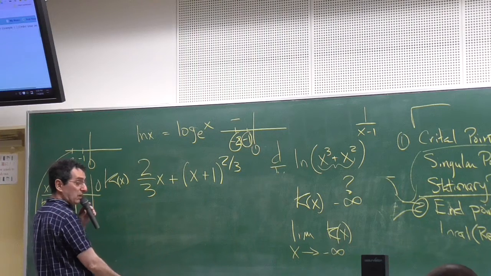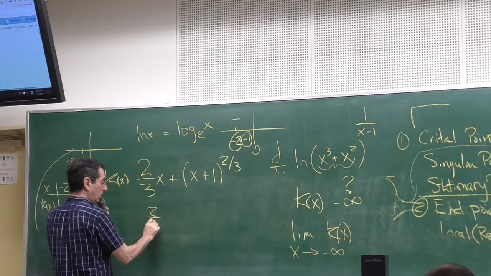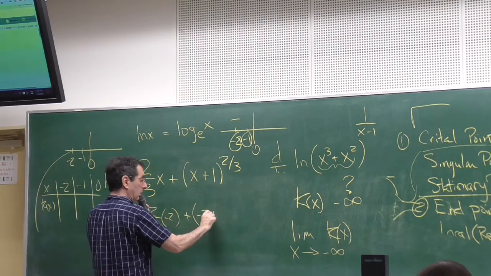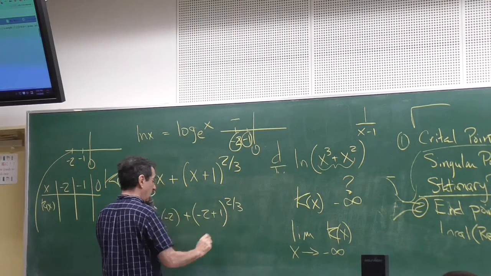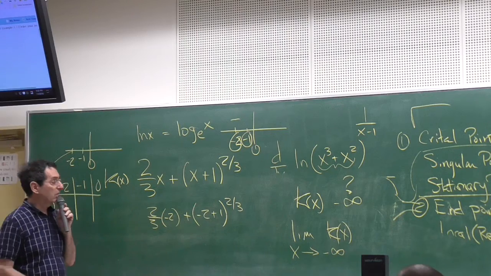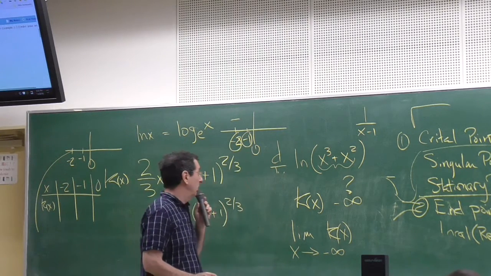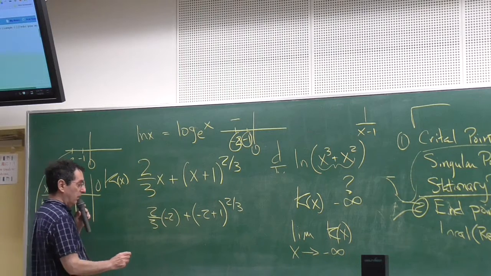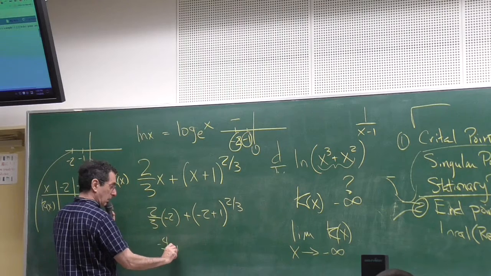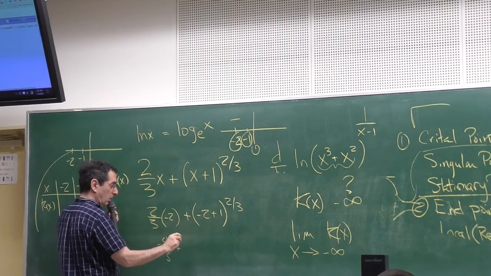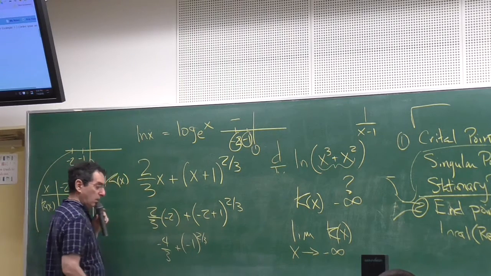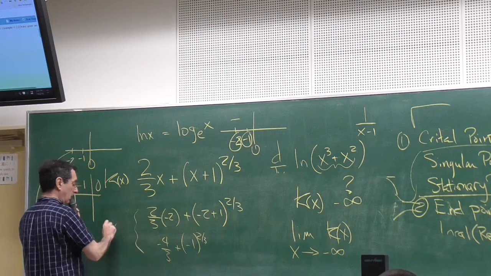When x is -2, what do you get? 2/3 times -2 plus -2 plus 1 to the 2/3. Is that right? Do I have the right function? Hope so. So what does that give me? -4/3 plus 1 to the 2/3. Okay, so this is when x equals